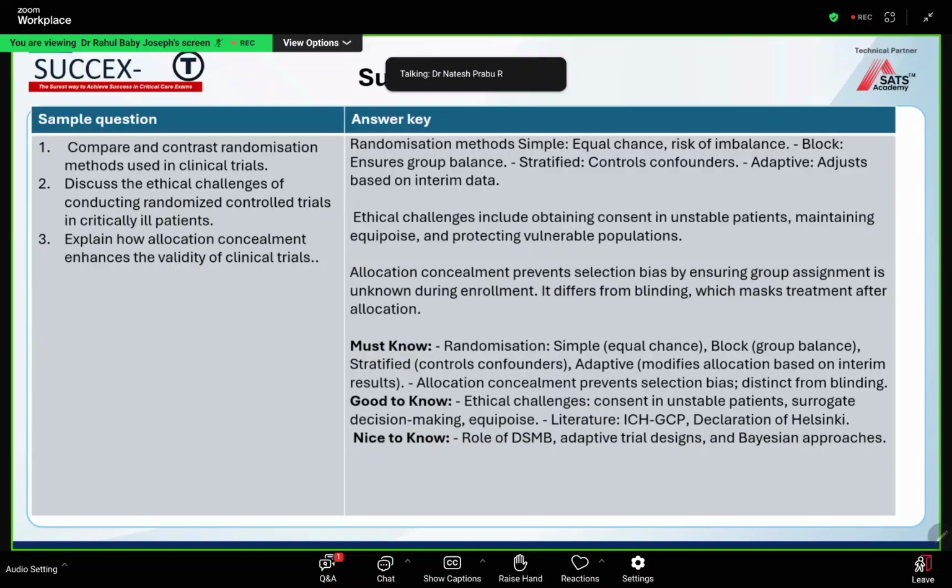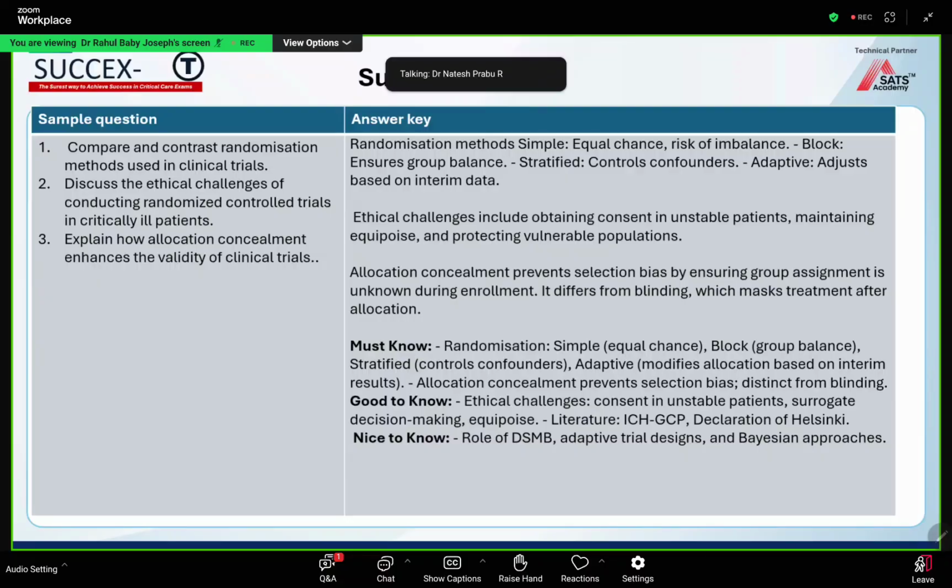So if you have a key word like simple means equal chance, and block means it's predominantly done for group balance. Stratified we commonly do for cases, for example, if you want to study heart failure, you don't want to see the effect in a patient with known heart failure or maybe a new MI or hypertensive heart failure, some other reasons, you would divide them beforehand. You want to see them separately. So that's why putting everything together may confound your